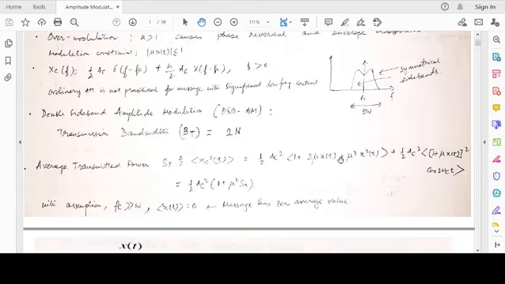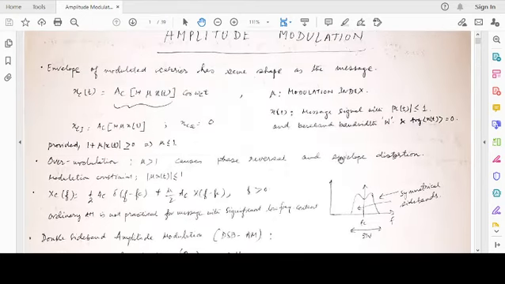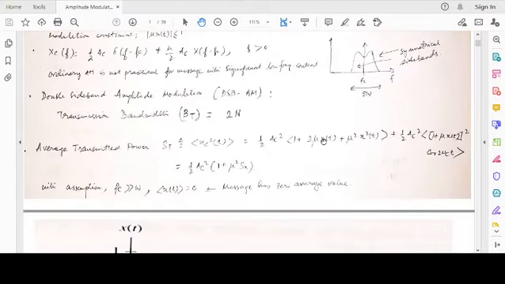So it is half Ac square, and we already discussed before, the message is normalized and you try to remove the DC of the message such that its temporal characteristics are between -1 and +1. Normalized message characteristics. So the average of xt is 0. So if you substitute that, this value vanishes, and you have 1 plus mu square times the average of x square t. The average of x square t is known as Sx, which is the average message power. So average transmitted power is half Ac square times 1 plus mu square Sx.